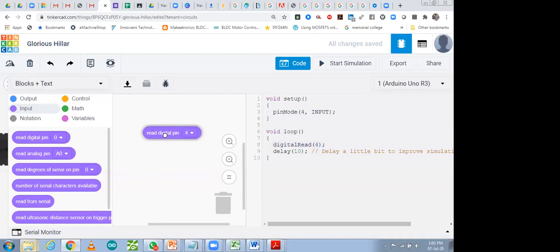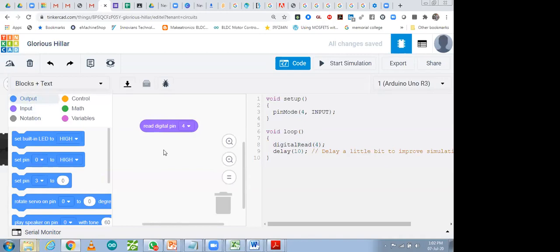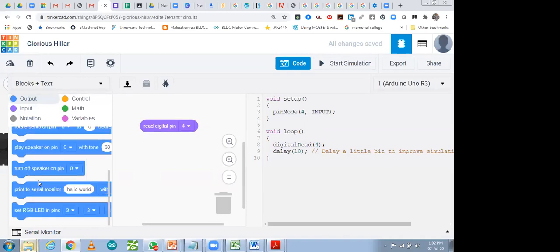So what do we want to do with this value? This one will read the status of any kind of sensor at 4 number pin. So let's see it. So I'm going to give output. We will not be able to see it when we are reading any sensor. So for that, what we have to do? We have to do serial printing. So serial printing is a new term that I'm going to use, serial print.